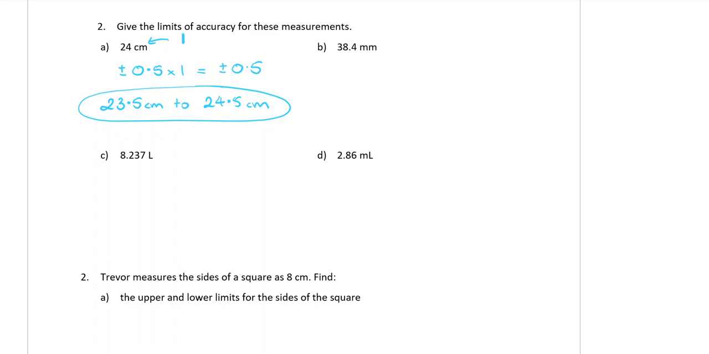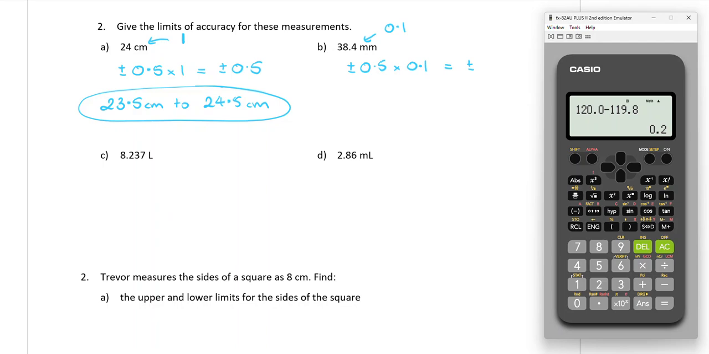Part B, the question has been rounded to 1 decimal place, which means this has been rounded to the nearest 0.1. To calculate the error, we do plus or minus 0.5 times the 0.1, which makes plus or minus, and you can times them together in your calculator if you need to, 0.5 times the 0.1, and you put the plus or minus onto that,